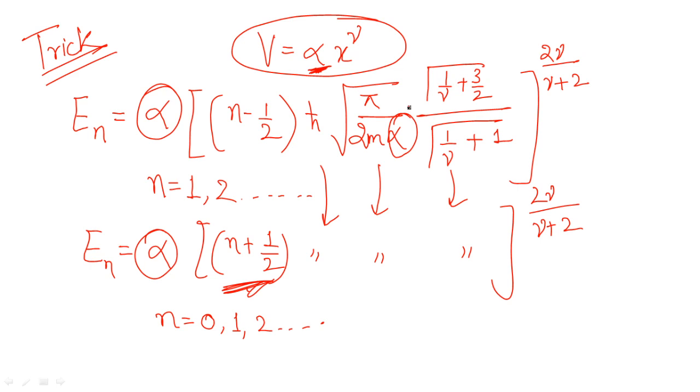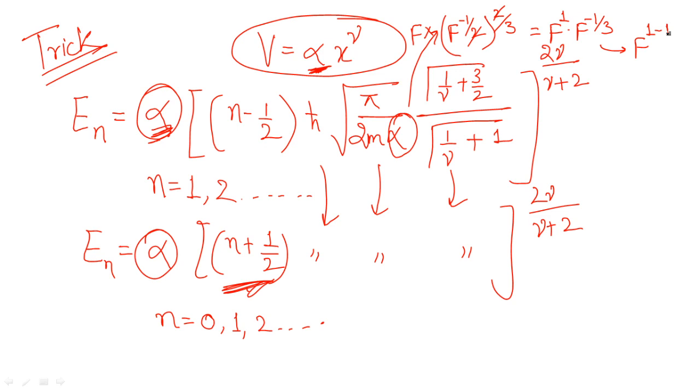If I write alpha or f at this place as per our question, I will write f to the power minus half. Why? Because it is within the root and it is in the denominator. Also, the overall power, if I put nu equal to 1 here, I will have 2 by 3 here. Done. And one more alpha is present outside the bracket, so keep it just f as it is. So what will happen now? The 2 cancels out. You will have f into f to the power minus 1 by 3. What will happen now? Because the base is the same and both terms are in product, you can add their powers.